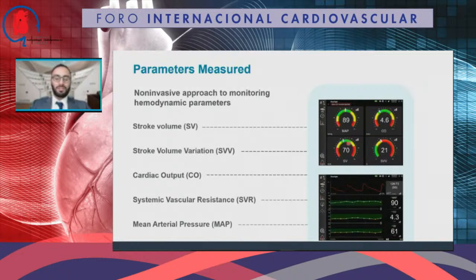You also notice that there's red, yellow, and green, and this is set for your own particular patient, where you think the magic threshold should be for each patient in terms of their MAP or cardiac output or stroke volume. This also allows you to gauge where patients are on the Frank-Starling curve. I know we've had several lectures today about fluid management and fluid assessment, and this is one of the tools